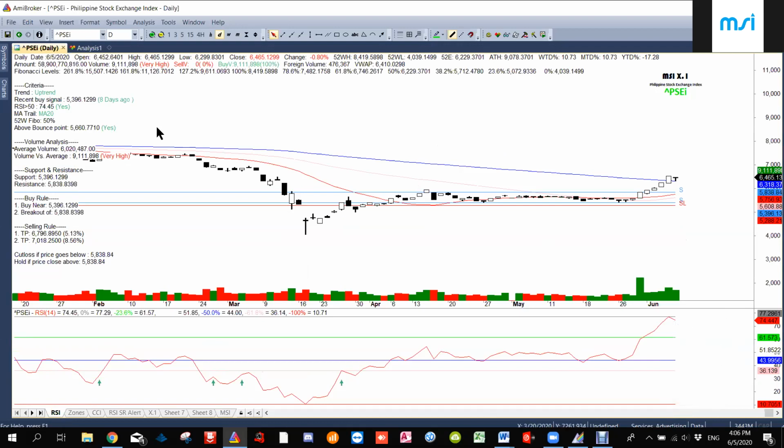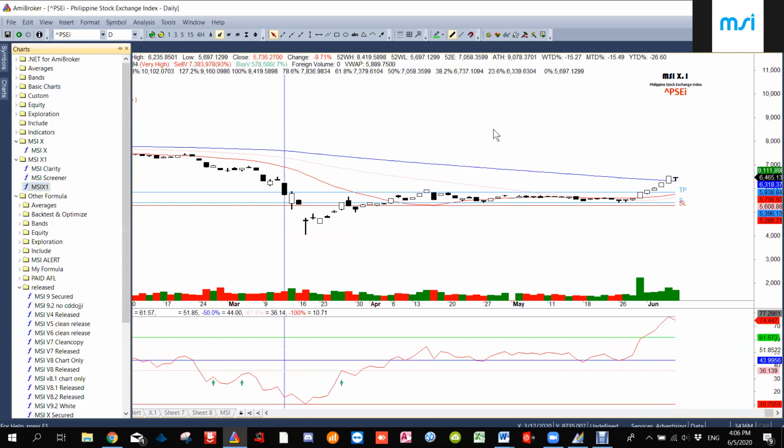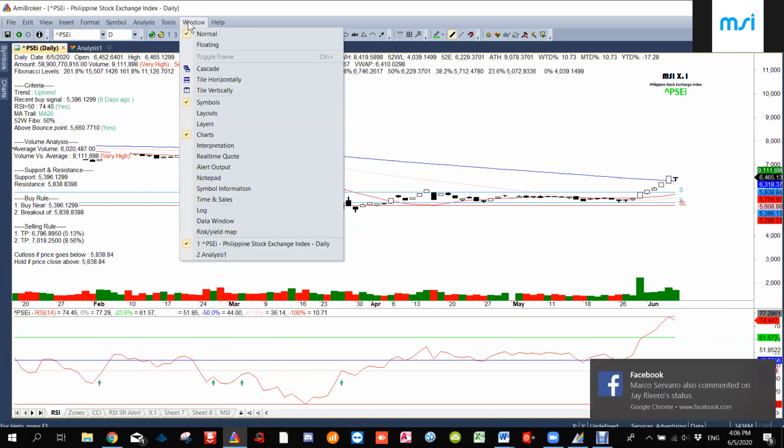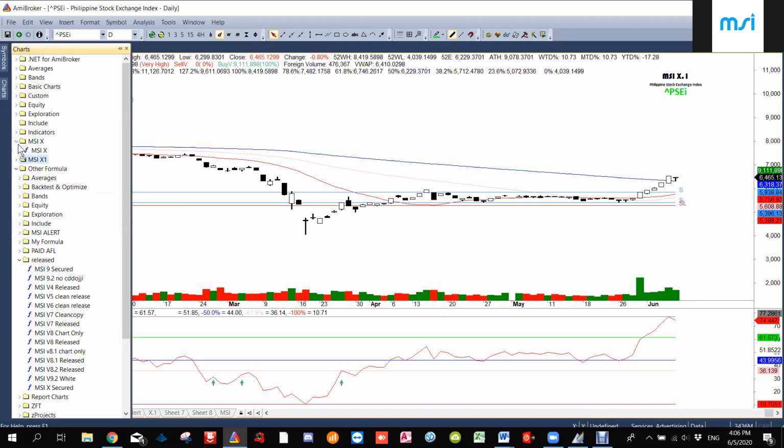So just look at the lines near. Wait, let's open another chart. Another indicator na mas malinaw para sa inyo. So this is how you add an indicator with AMI Broker. Okay, so you go to Windows, you click on Charts, and it will open this section here. So kailangan nyo pumunta sa